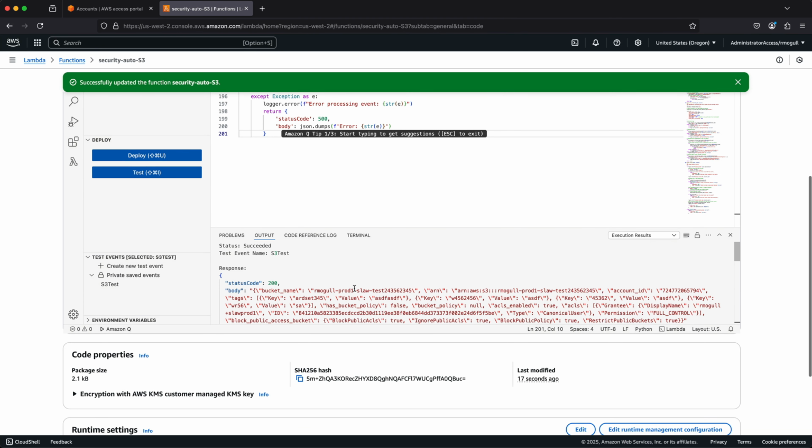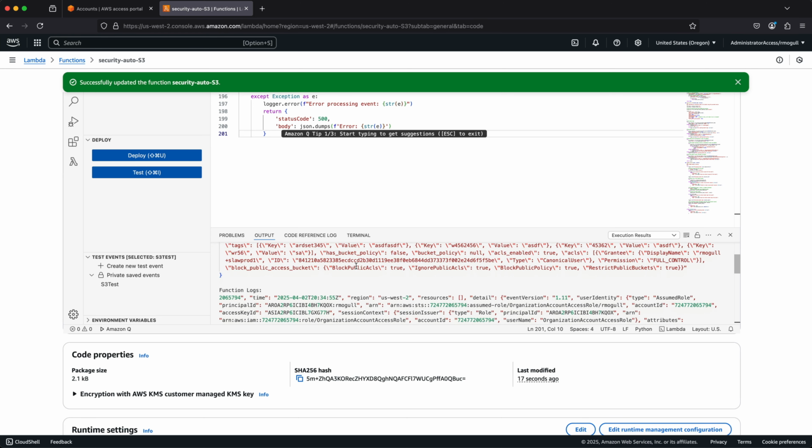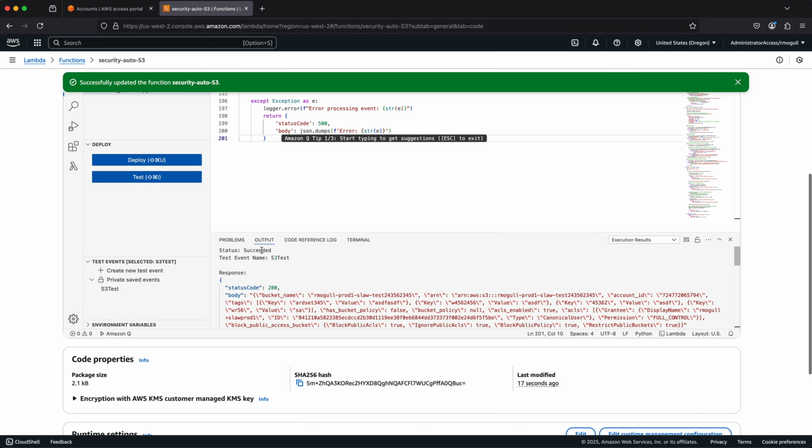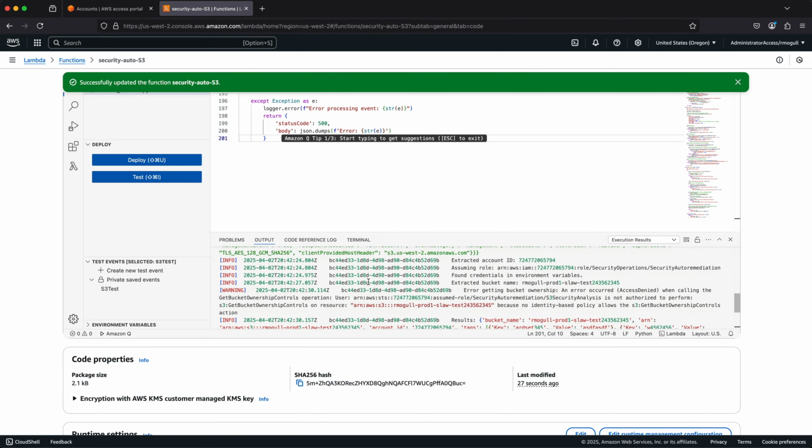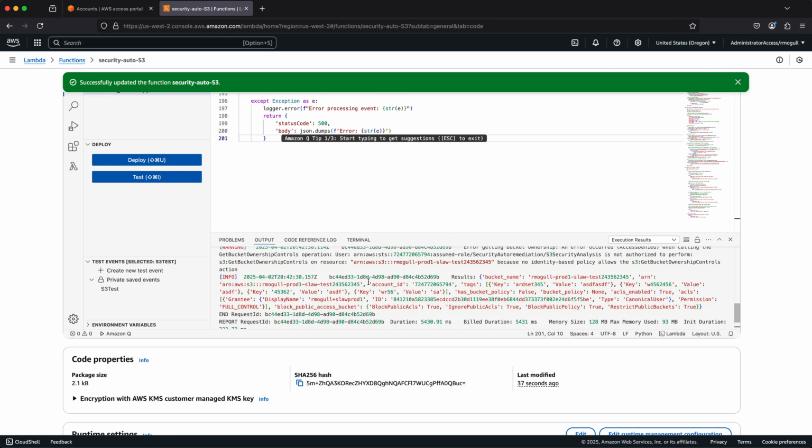This time it looks like it's working, and we do have results. Let's scroll down and just look through. So this succeeded because it didn't crash. However, as part of testing, remember, we have error handling that I built into that code. And if I scroll down and look at everything going down here,